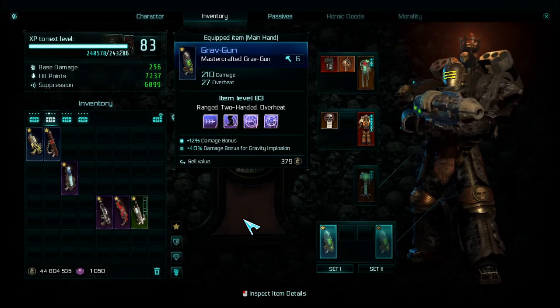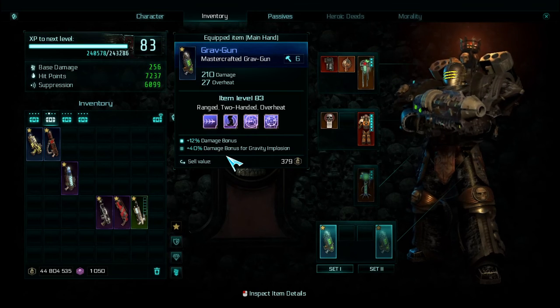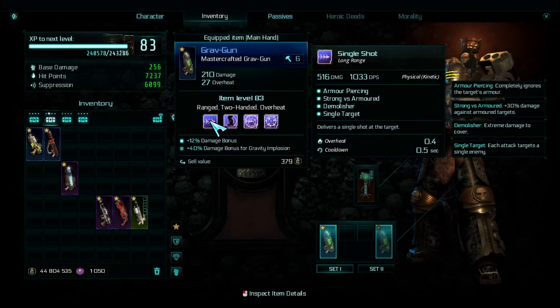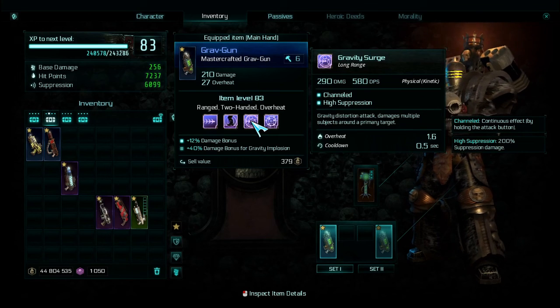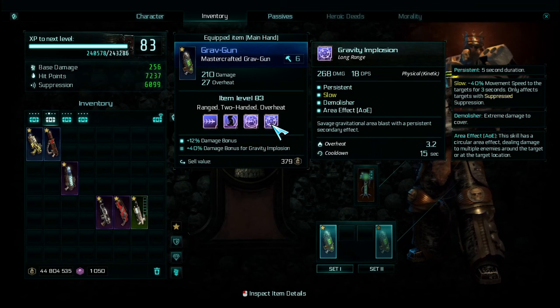Next, we have the Grav-Gun, and this is a fun little weapon. It's the last one that the assassin has access to, but is an extremely, extremely fun weapon to have. You have single shot: long range, armor piercing, strong versus armored, demolisher, single target. Temporal anomaly: long range, piercing, AoE, stun, slow, single target. Gravity surge: long range, channeled, high suppression. And then you have gravity implosion: long range, persistent, slow,